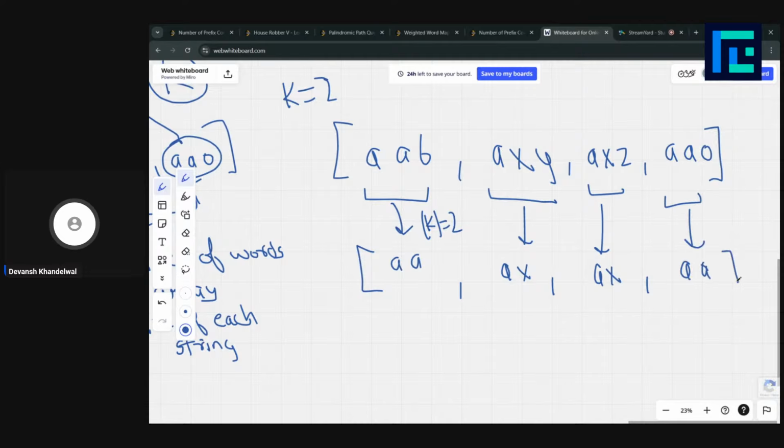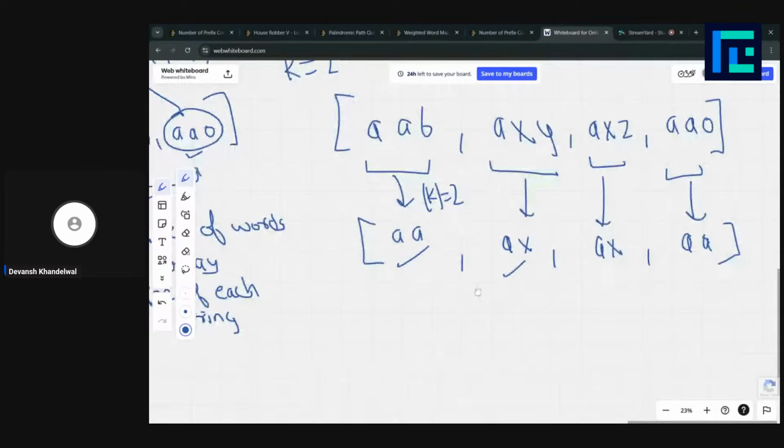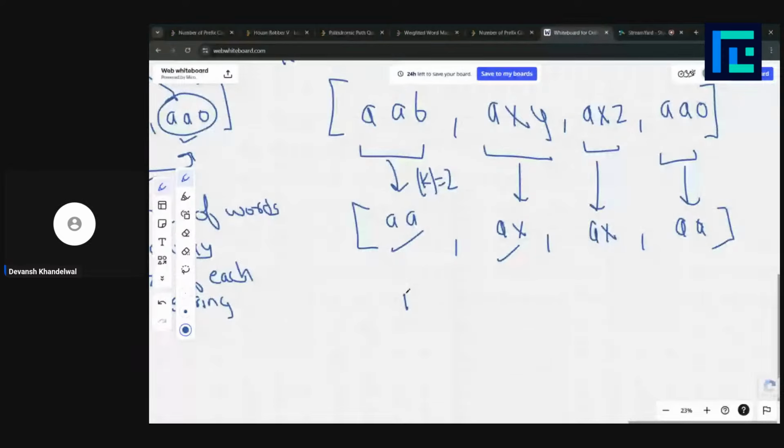Can we count the number of values where we get the prefix as AA, as AX? We can easily calculate it, right? We could keep a dictionary, or some map if you are using C++,